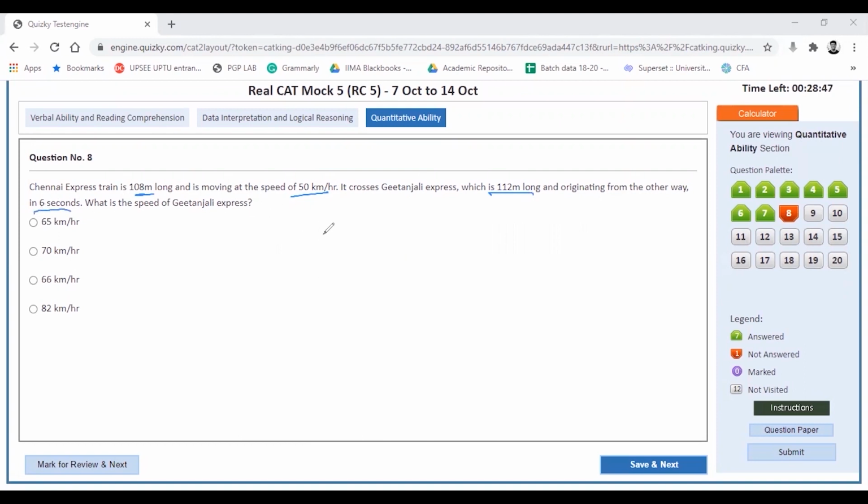Okay, so this is a typical time and speed concept problem. I'll simply add the lengths of the two trains, 108 plus 112. That would give me 220 meters divided by the sum of total speed, that is x plus 50 kilometers per hour. Now this answer would again come in hours. If I make this into kilometers, it would come in hours. And this side I have got 6 divided by 60